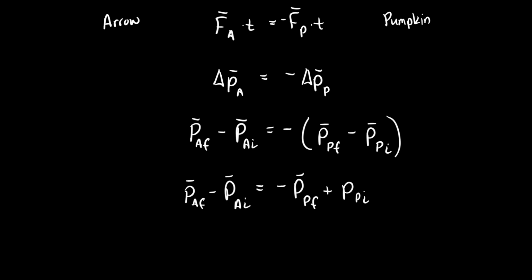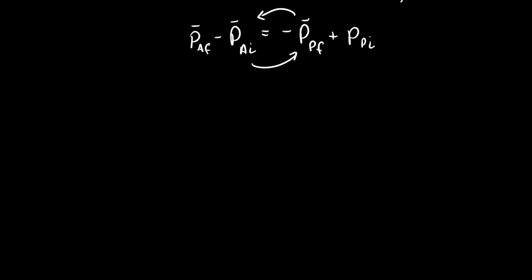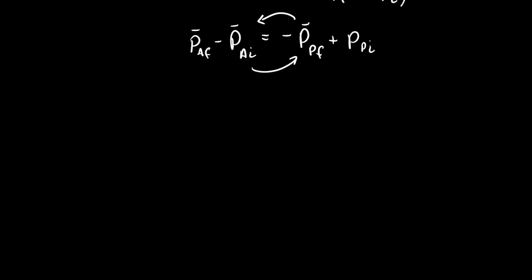You may not see why I want to do this, but I want to get all the initial stuff in one place and all the final stuff in another place, okay? So I'm noticing that this one's negative, so I'm going to move it to the other side. And this one's negative, so I'm going to move it to the other side. Move those around. So that'll give me